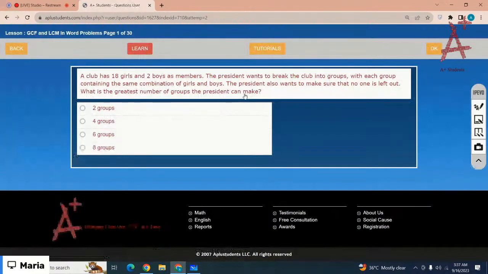A club has 18 girls and 2 boys as members. The president wants to break the club into groups, with each group containing the same combination of girls and boys. The president also wants to make sure that no one is left out. What is the greatest number of groups that the president can make? So the word greatest here means you have to calculate the GCF of 2 and 18, right? So which is the GCF? Greatest common factor of 2 and 18 is,